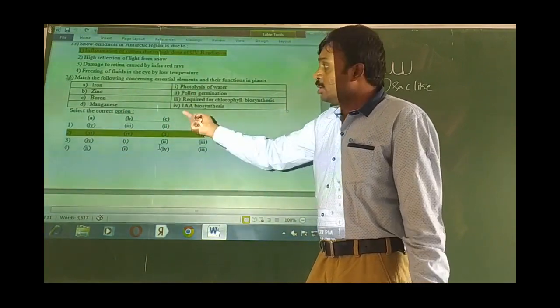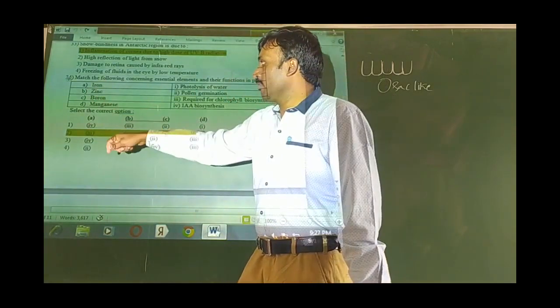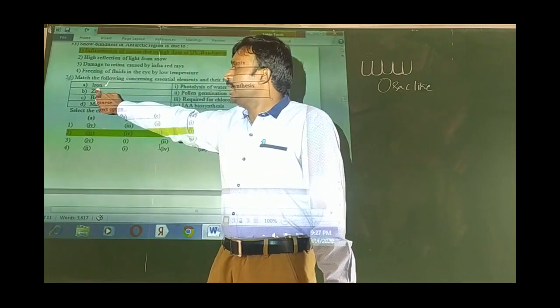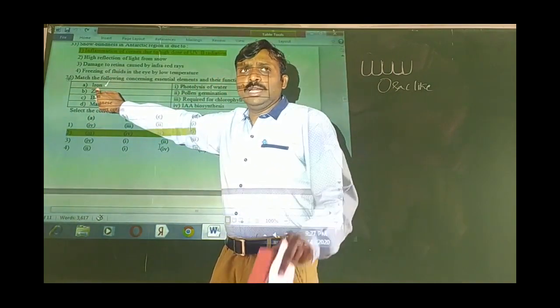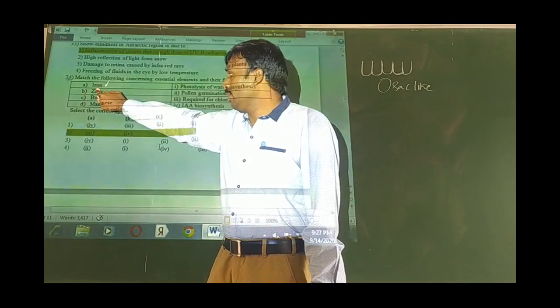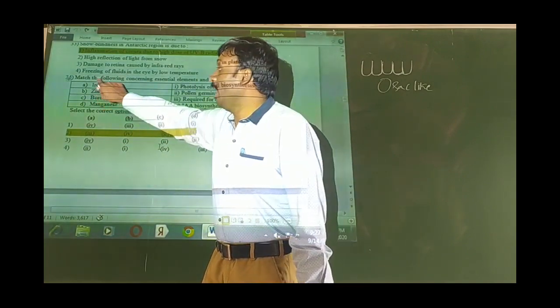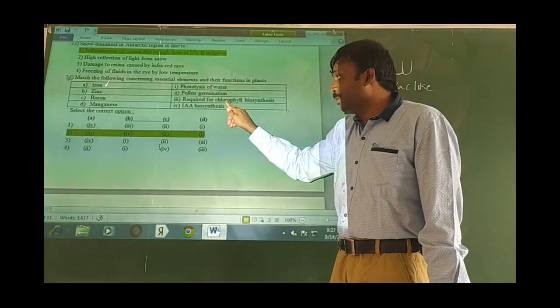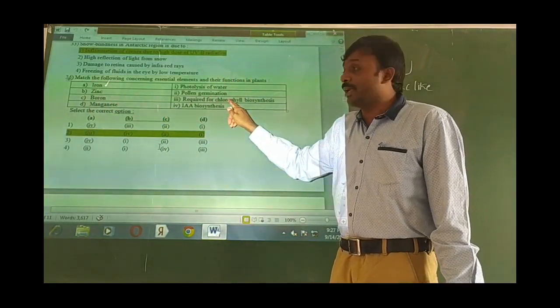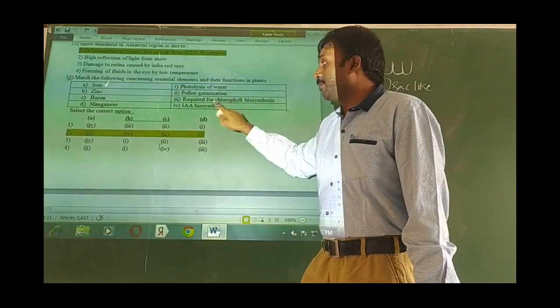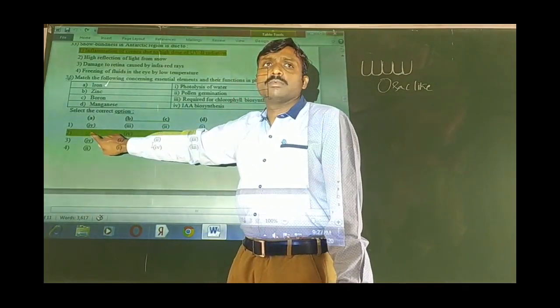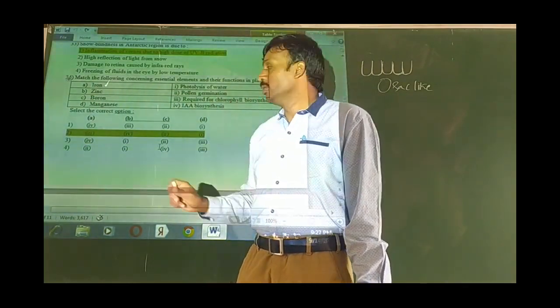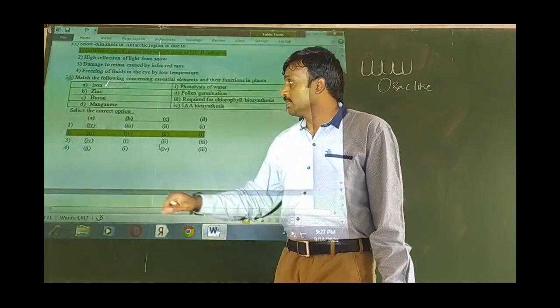Okay, so that's why if you remember at least this one properly, boron, pollen germination, C2, but there are two options here. So then if you move on to any another one, chlorophyll, we have read many times about that chlorophyll. Iron is the most important requirement in the synthesis of chlorophyll. Okay, so A 3. Under A, only one option is given. So in that way, you can solve this.